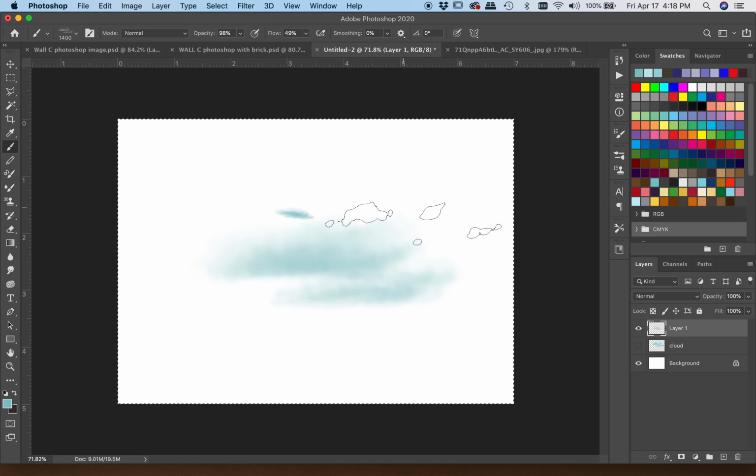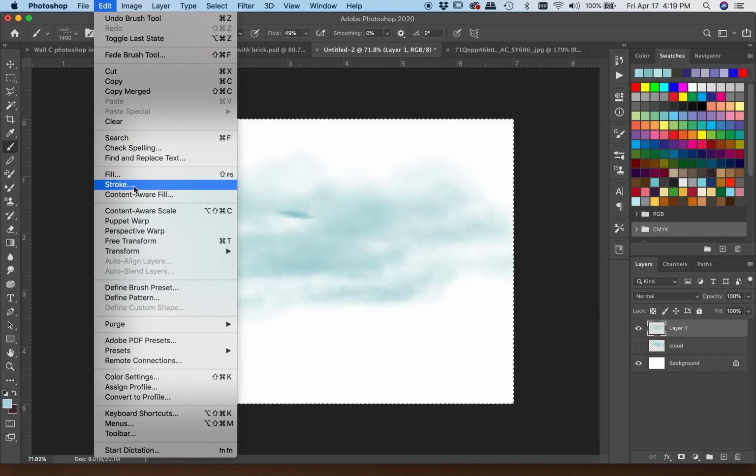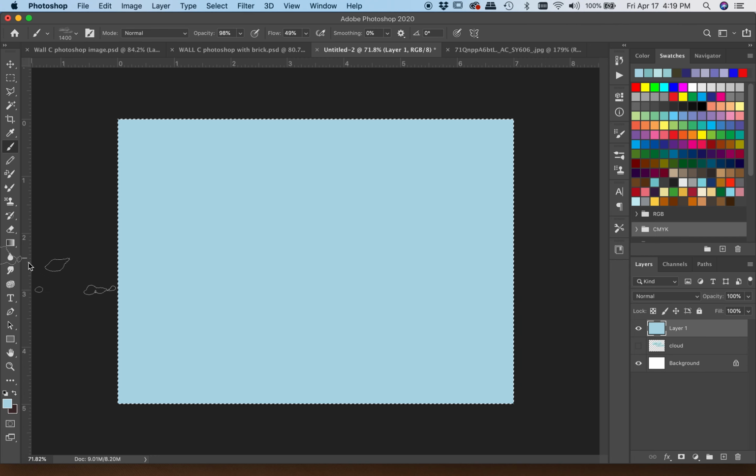But as you sort of paint with it, you can see how it changes direction. And if I was doing this, if I filled this in with maybe a blue, like an actual sky color here. Fill with my foreground color, and then changed my color of my cloud to more of a white, and then started creating that. You can get some pretty interesting results with that.